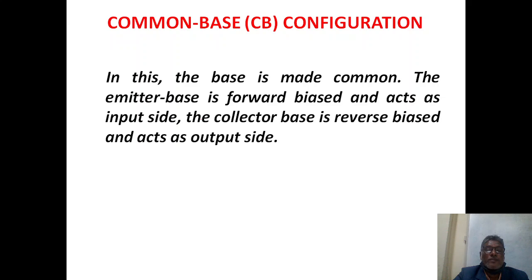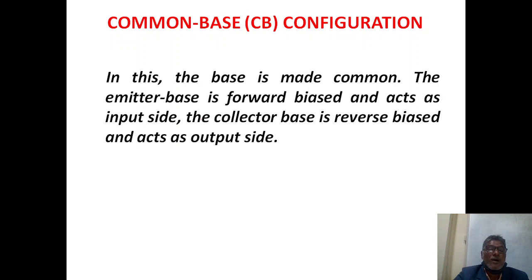As you know, whenever a transistor operates, you must remember that forward bias is given to the input junction of the transistor, that is the base to emitter or emitter to base, and the output junction, that means the collector to base, or base to collector junction, is in reverse bias condition. Then the transistor will operate and we obtain the output.